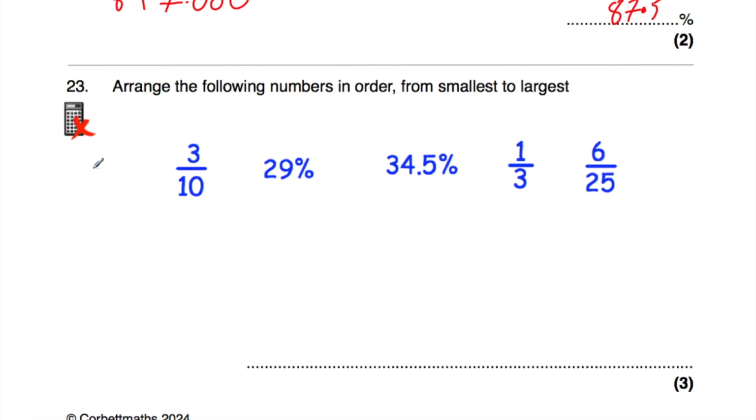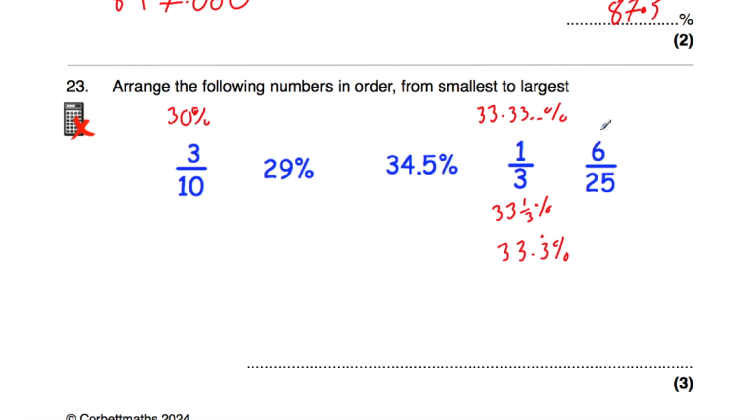So 3/10 is 30%. We should know that one off by heart. 1/10 is 10%, so 3/10 is 30%. 1/3 is equal to 33.33 and so on percent. Again, that's a very important one to learn. 1/3 is equal to 33.33333 and so on percent, or you could write it as 33 and 1/3%, depending how you want to write it. I tend to write it as 33.33 and then a few dots, so it just recurs. You might even see it as 33.3 with a dot above it percent, and they'll just mean